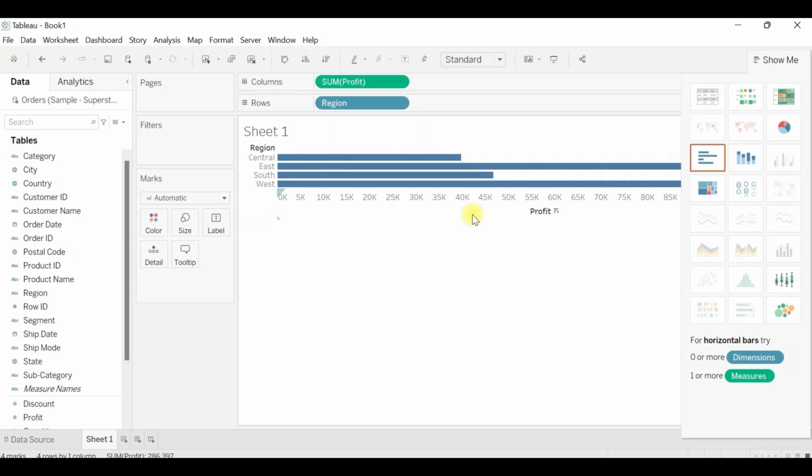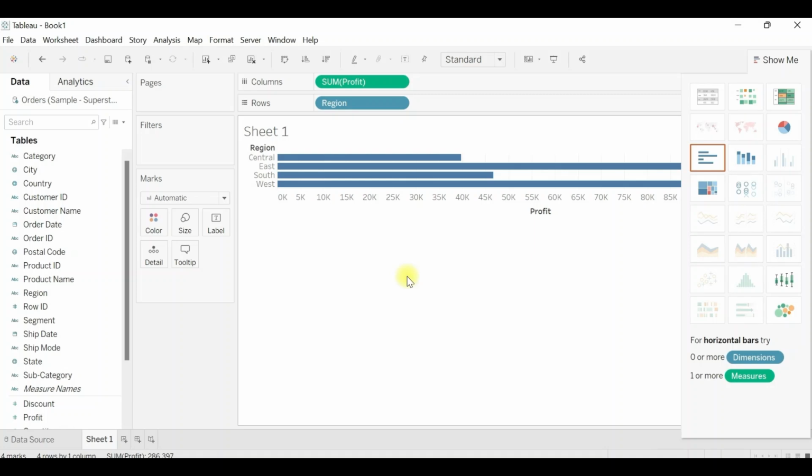Now, if you hover over it, you will see in the tooltips the amount of profit that is being generated for the region central, that is 39,706. Same goes for your east, same goes for your south, and same goes for your west. So this is how we can generate a bar chart.